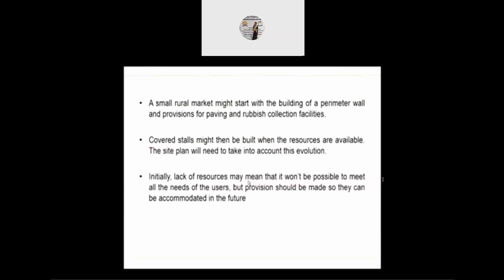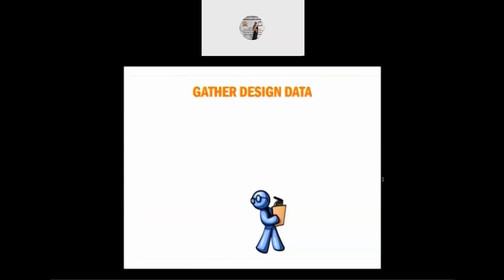But designers should be sensitive while designing, so that these improvements can be incorporated in the future. For example, if the place just has a public transportation system and it does not have any parking space, it should have a space which can be used in the future as private parking spaces. Say for example, there are 3 shops which can be relocated somewhere else, and the space that was initially occupied by these 3 shops can be used for parking spaces.